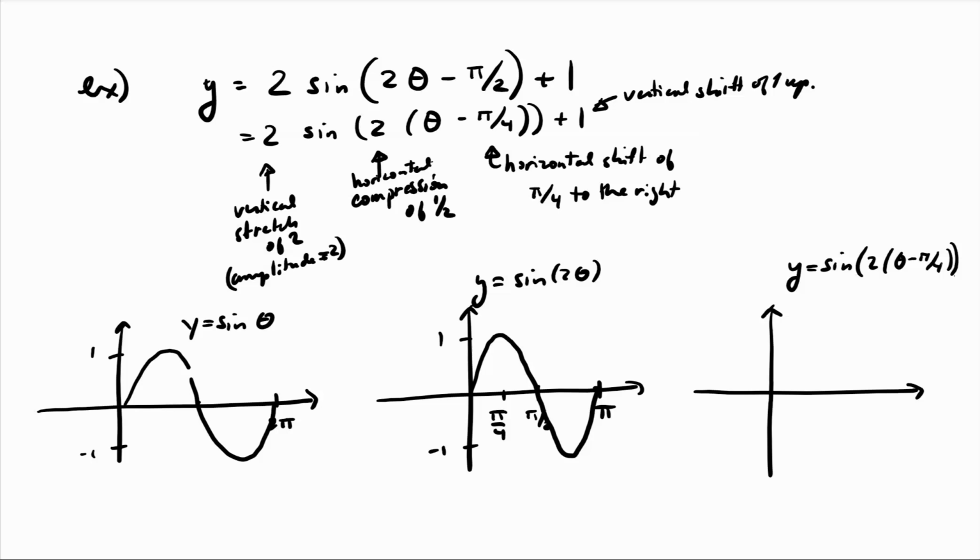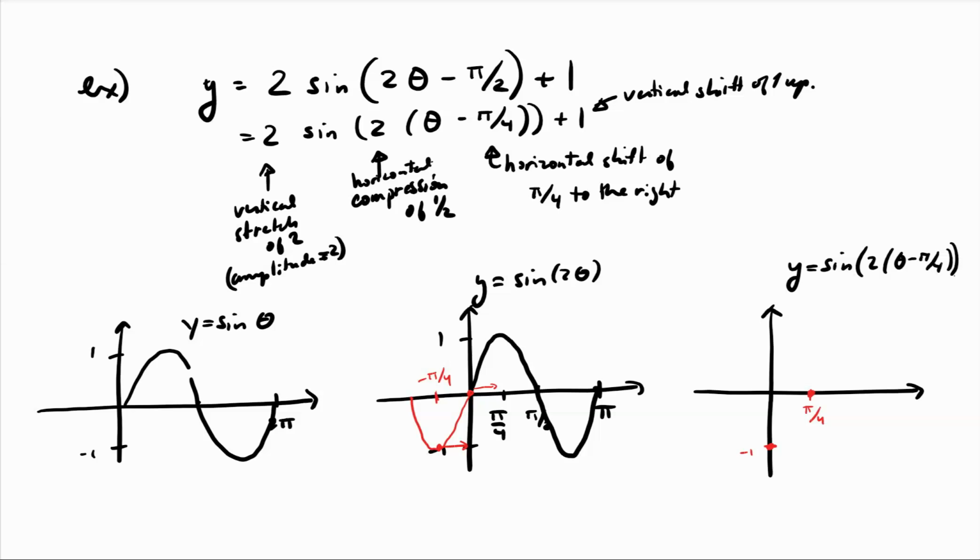Since we're shifting to the right, maybe we can add the part of the function over here. So this is minus pi over 4. So this point is going to go there. So we see we're going to start at minus 1. Okay, this point is going to go there. So we're going to get a value of 0 at pi over 4,